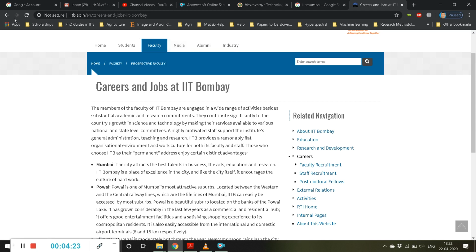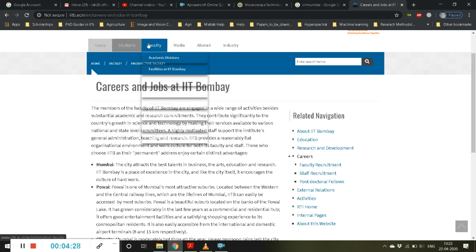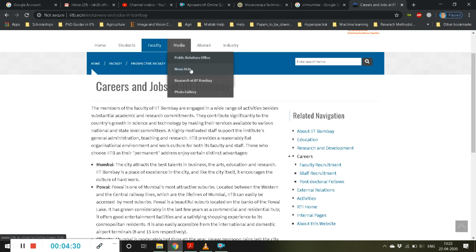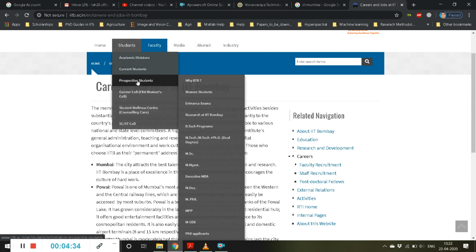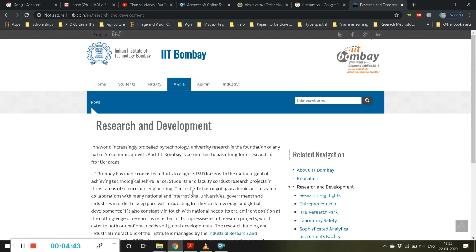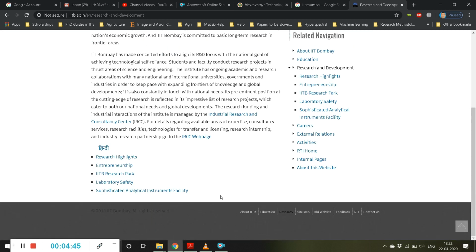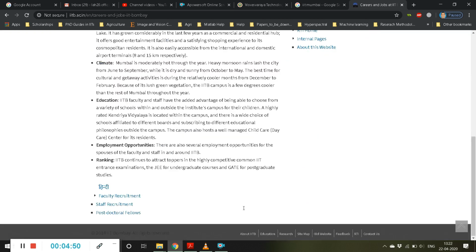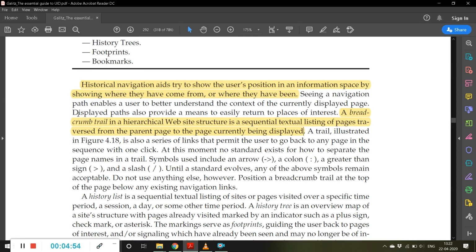It should not be the case that I should go back and then go to the main page. Now you see news hub, or students, and I'll go to research at IITB. So directly from here I went to research and development. Then careers. So this is related navigation. That is what we are discussing now.